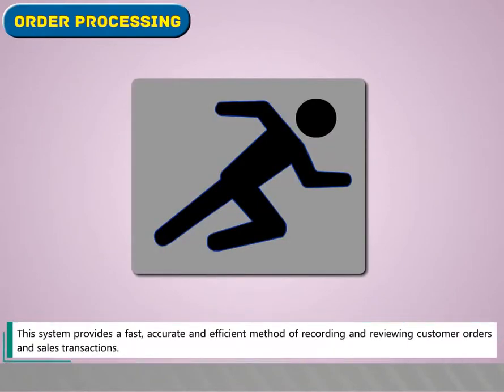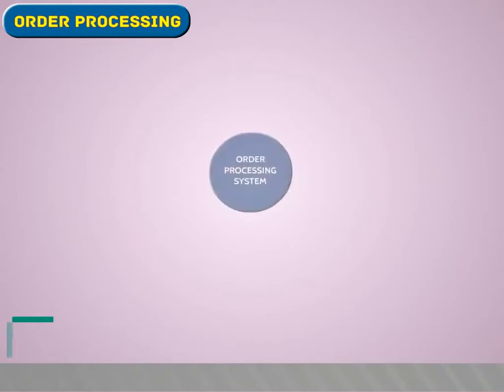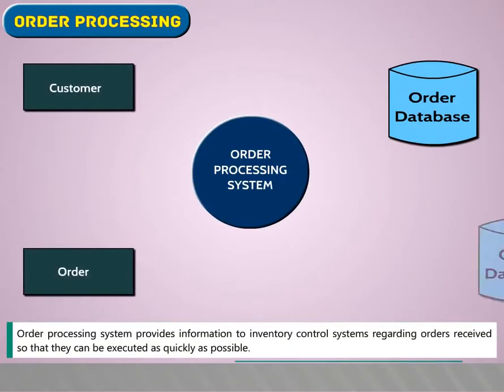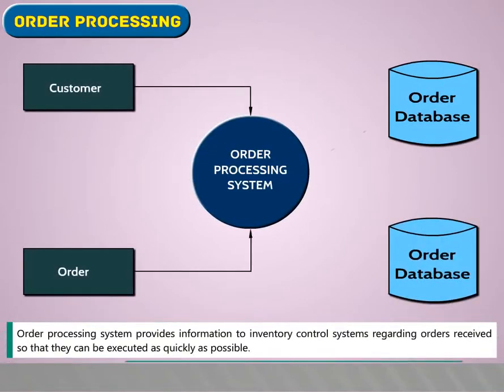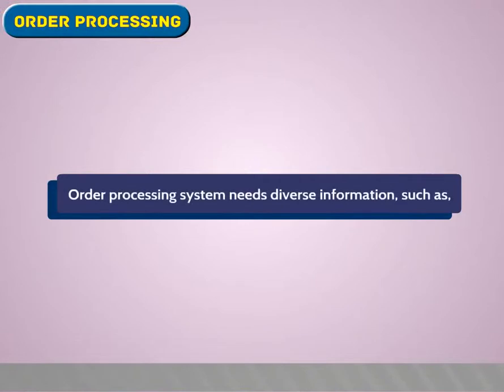This system provides a fast, accurate, and efficient method of recording and reviewing customer orders and sales transactions. Order processing system provides information to inventory control systems regarding orders received so that they can be executed as quickly as possible. Order processing system needs diverse information such as